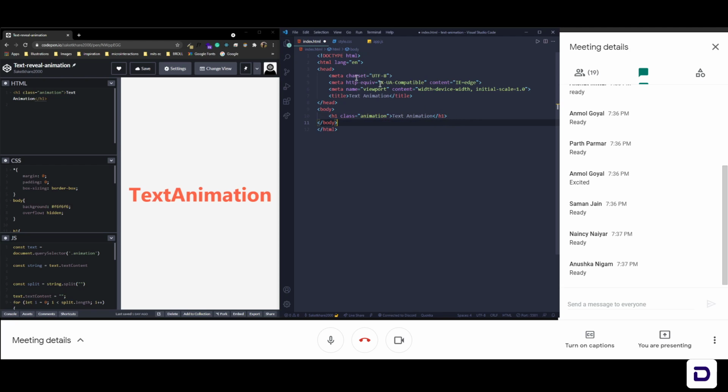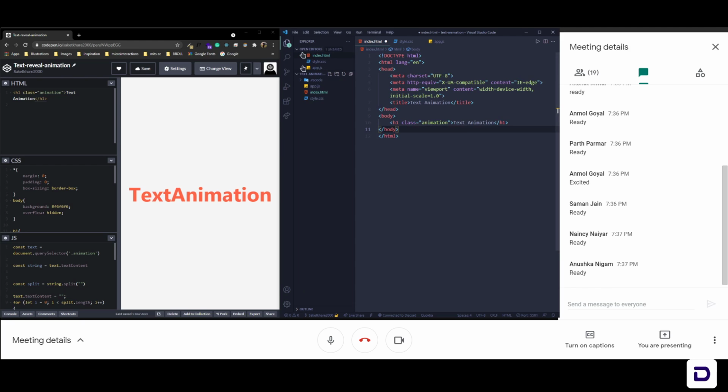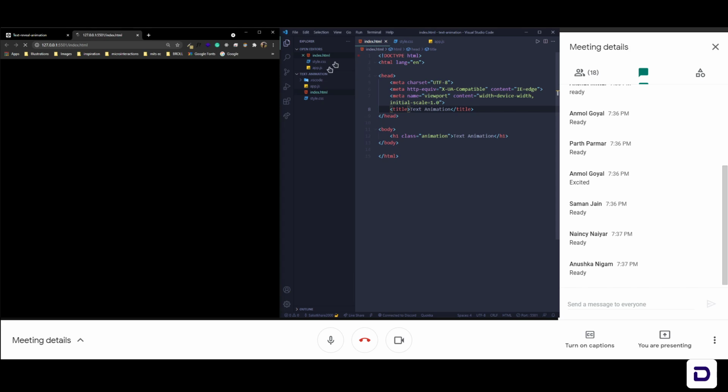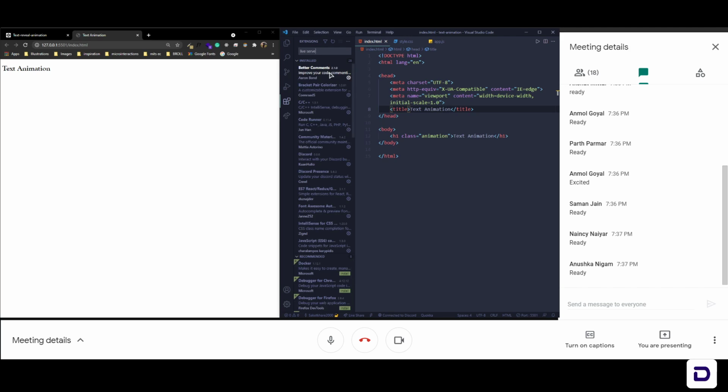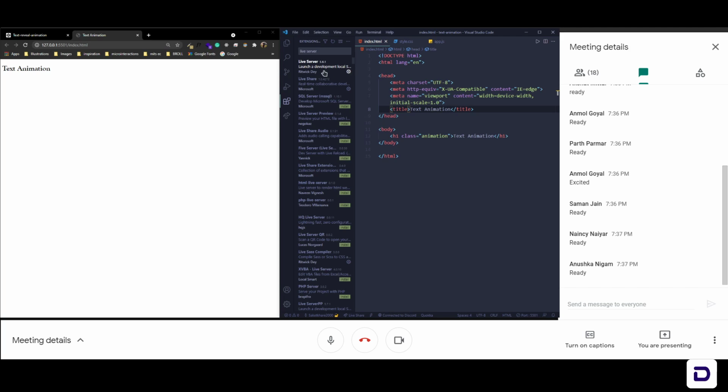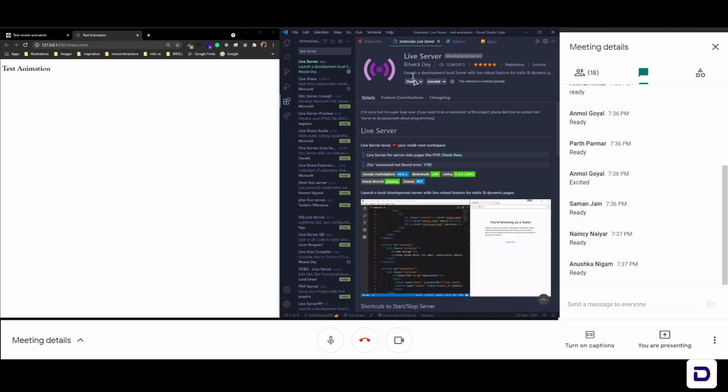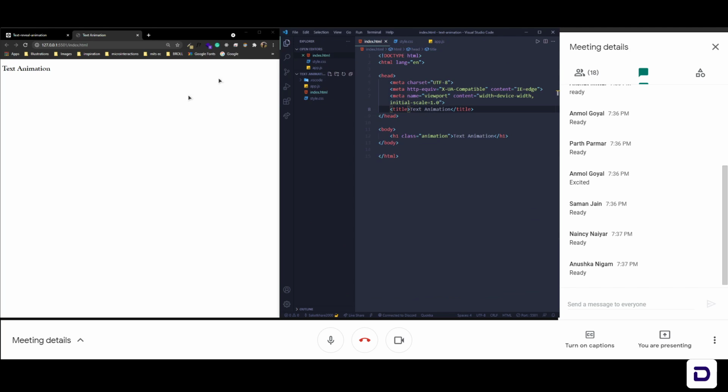Okay, so we have an extension called Live Server which allows us to reload. So I'll just open this with Live Server. Open with Live Server, and if you also want Live Server installed in your VS Code, you can go to this extensions tab and just type here Live Server. So this extension by Ritwik Dey is what you need. So just install this and you'll also get live reload. So you don't have to reload again and again.